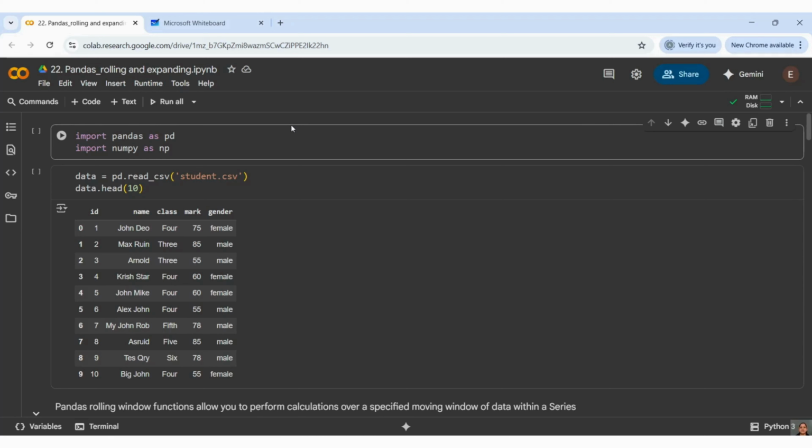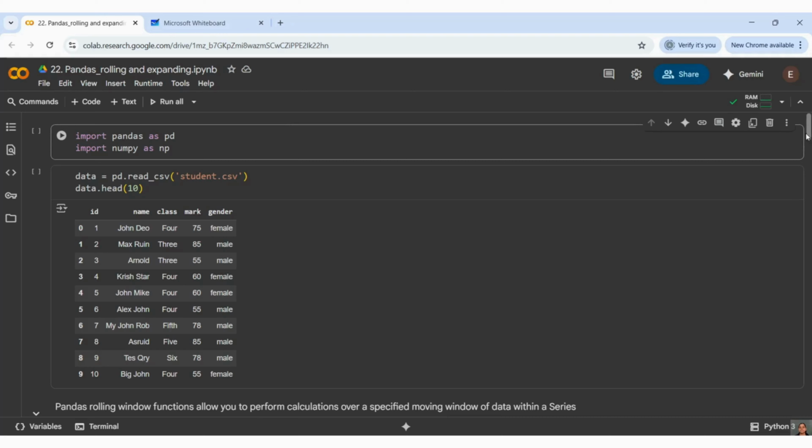Most of the cases where you need the average for weekly, then average for monthly, in that case you can set up a window, right? Here it's all about the windows concept. If you want weekly, then you can set up a window of 7 days, and you can get the average of all the weeks of that year, of that month, of the 6 months. But here I have shown that example with some other data set because I have not covered pandas date time series. We will see that in our upcoming video.